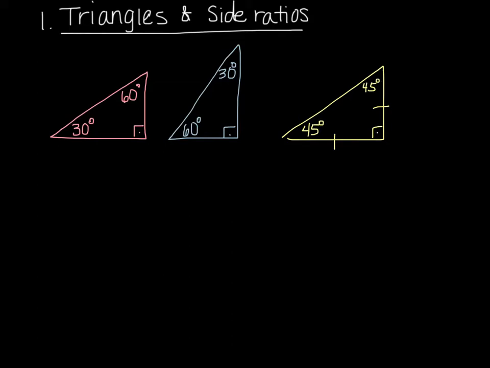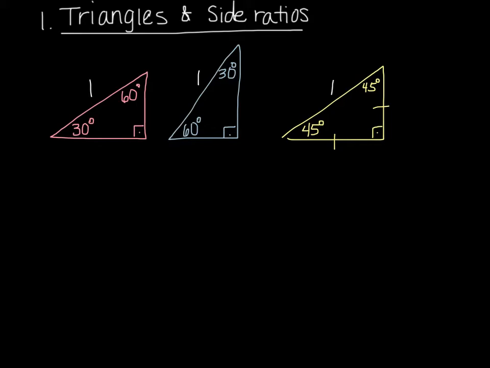And what we're going to do is put sides or side ratios onto these as if we are in a unit circle. And if we are in a unit circle, our hypotenuse is a 1, or our radius of that circle is a 1, and I will do all of my triangles accordingly. If you have learned this with a radius or hypotenuse of 2, that is completely fine. You could just double all of your sides.